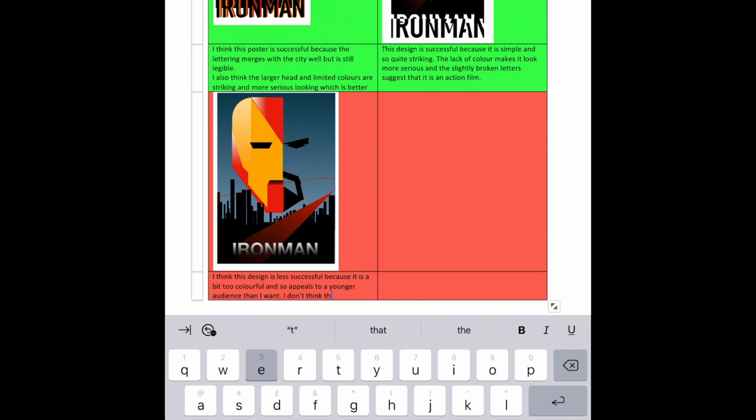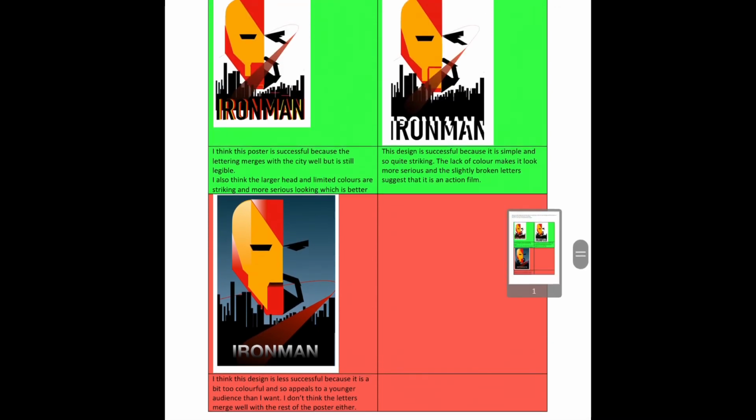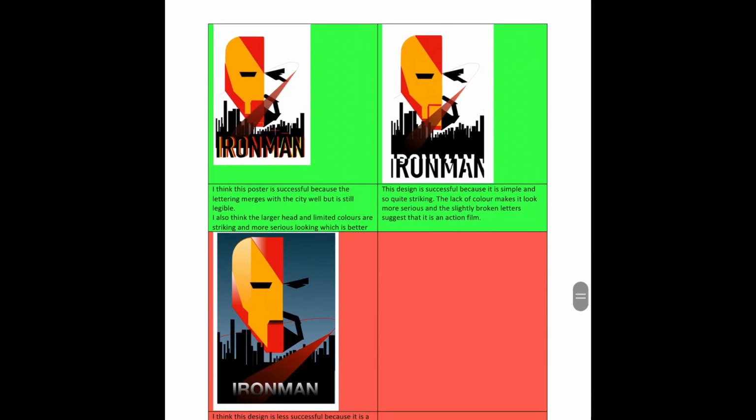I also don't think the lettering works particularly well here, people. I think it looks a wee bit slapped on. It doesn't really integrate with the poster. The other lettering in some way blends in or integrates with the imaging. This is just metallic looking letters stuck on top. I mean, they look all right, but they don't look great, and I don't think they're Cassandra style enough for me. So I'm just going to do one of the red ones,